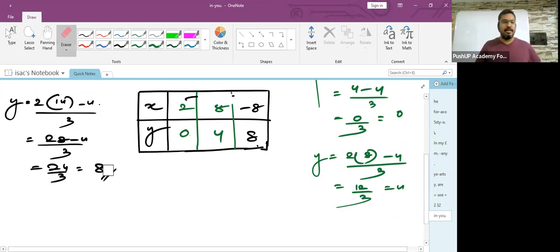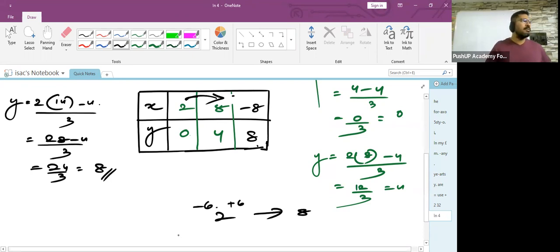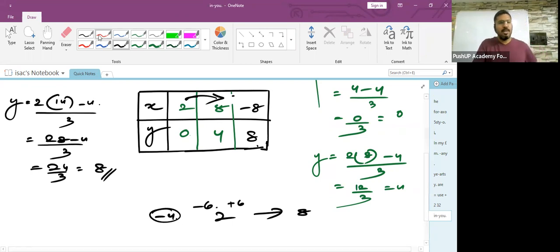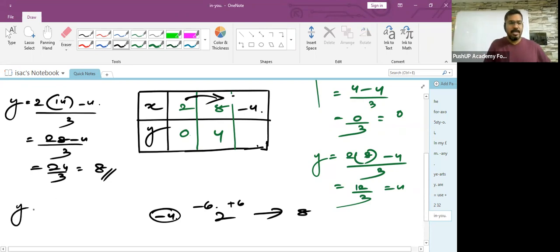But children, shall I ask you one thing? Instead of taking minus 8, what is the difference between 2 and 8? It is 6, isn't it? 2 plus 6 is giving me how much? 8. Let me do this. How much will be 2 minus 6? Minus 4, isn't it? What will happen if I take minus 4 over here? I just want to give it a try. If I take x is equal to minus 4 here, I'll be getting y is equal to 2 into minus 4